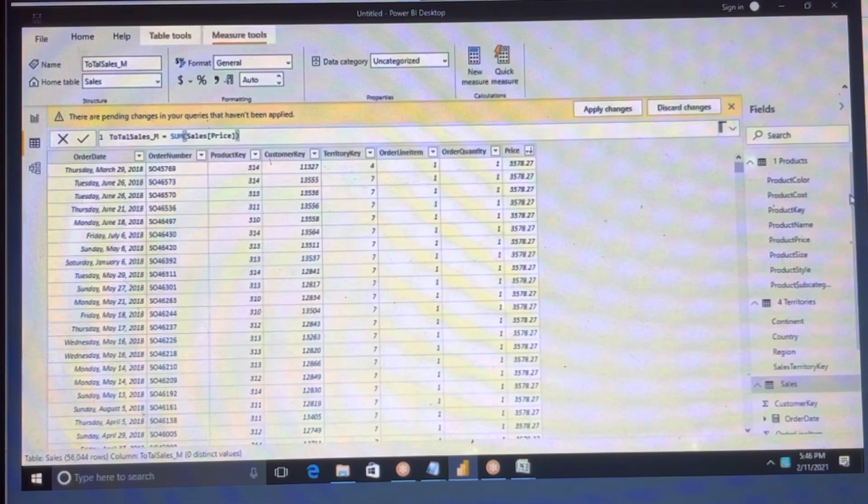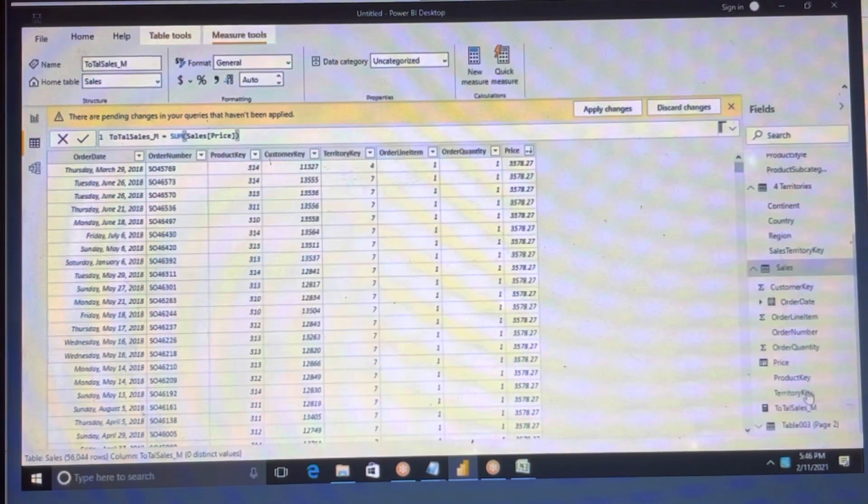You cannot see it in the table, but you can see it here as a column, from the sales table: total sales underscore M. You cannot see the column from here, but it was created. It is a grand total, right? Because if you wanted to do one column multiplied by another column, then you can use new measure or new column.